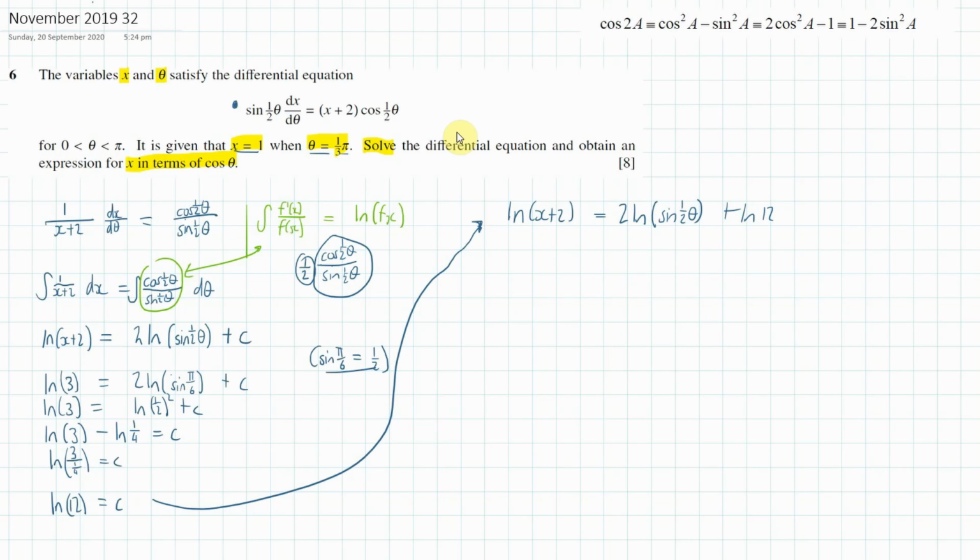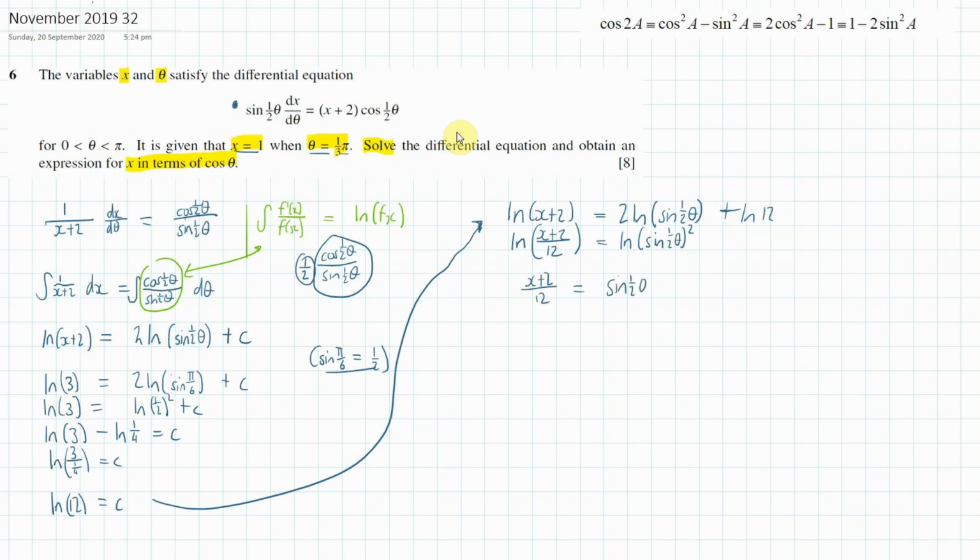My next line would read, using my log rule, I'm going to pull this positive ln 12 to the other side, and I'll end up with ln of x plus 2 over 12, using my log rules, is equal to ln sine 1/2 theta squared. Now, since I've got a log on both sides here, it's just ln something equals ln something. I can remove those ln's and have this here,